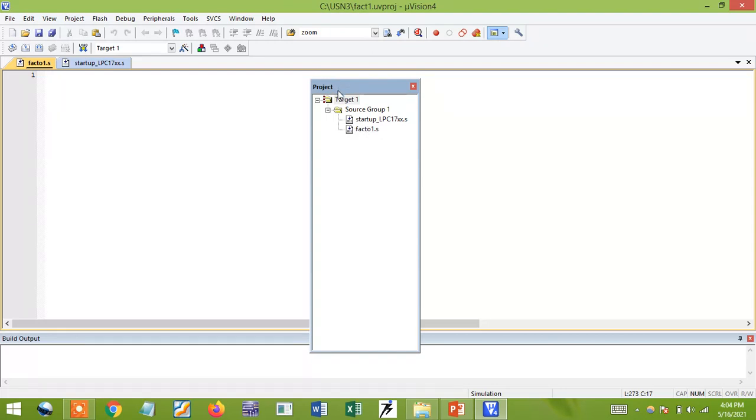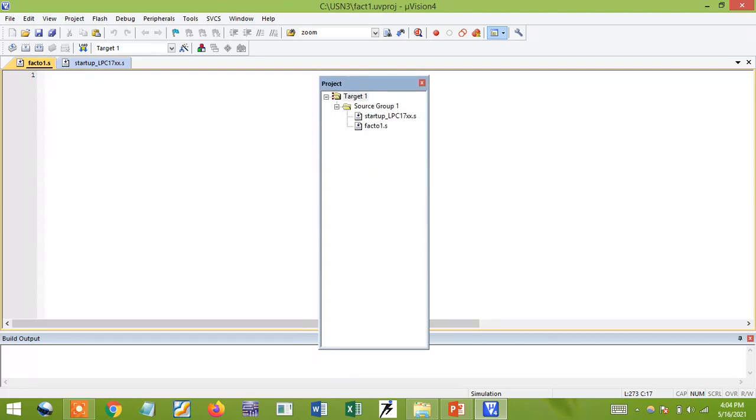Now, how to start my program? We already know that. First you need to give one tab space. Next I need to start with the AREA directive. I want to define an area, whether it goes to code memory or data memory. First AREA, then a name for this. I'll give factorial; you can give any name. Then CODE, READONLY.